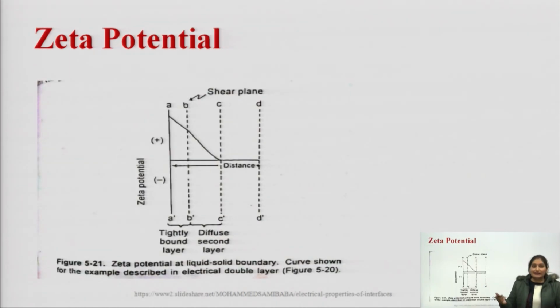Okay. This diagram shows the zeta potential, and in this we are showing that the zeta potential value gradually decreases towards CC dash or the electroneutral region, and this is due to the decrease in particle